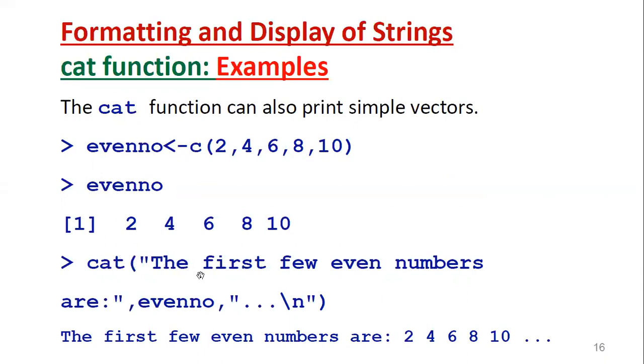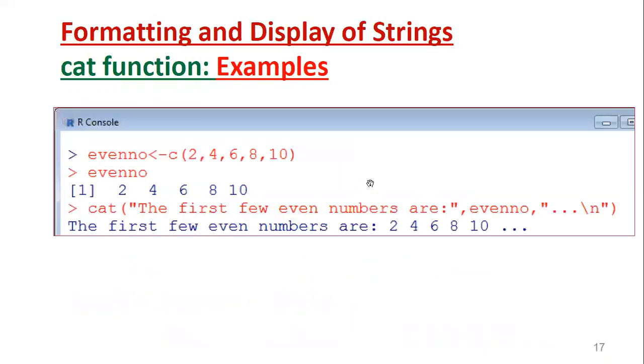So cat of the first few even numbers are, then comma even number. This is the vector we defined earlier. Call this vector, then use /n. Before /n, the dot dot will be printed as usual. So what the even number contains, 2, 4, 6, 8, 10, it prints 2, 4, 6, 8, 10, and so on. Like that, vectors also you can call using the cat function.